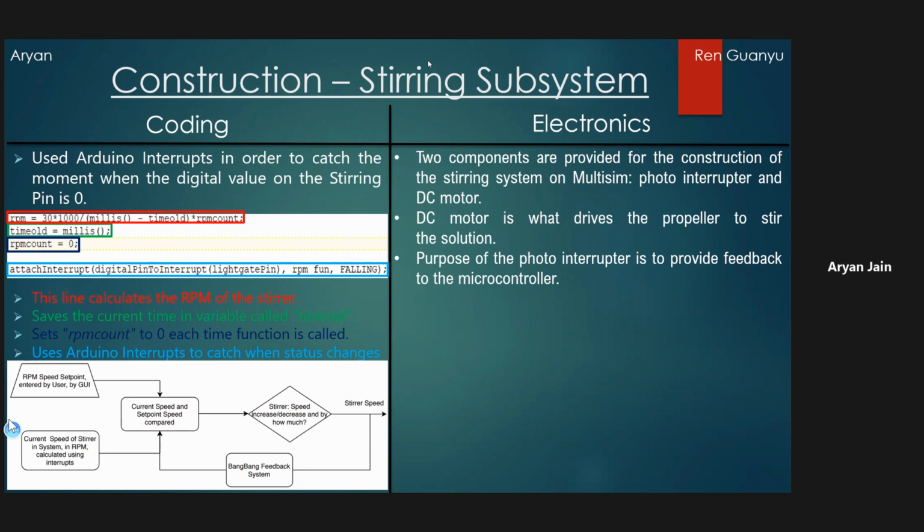Interrupts are useful for making things happen automatically. When the interrupt detects that the value of the digital pin has gone from 1 to 0, it will call a function in which the